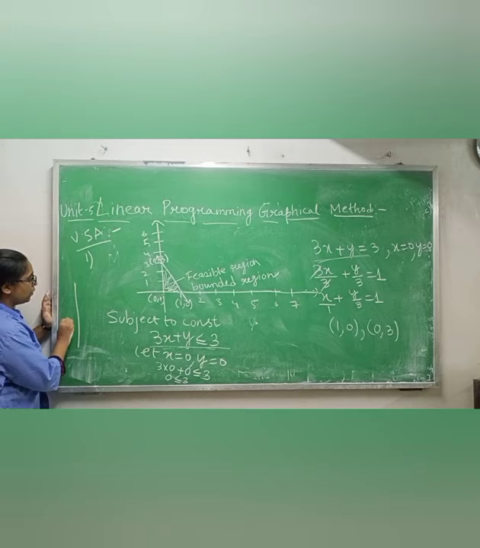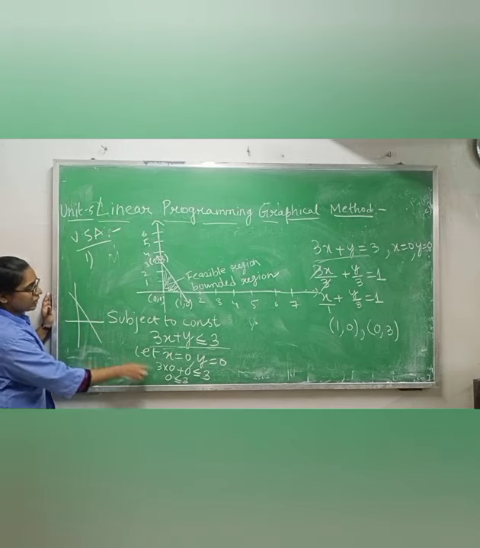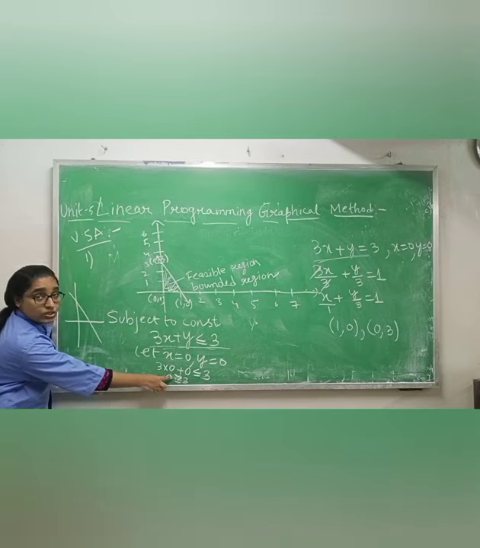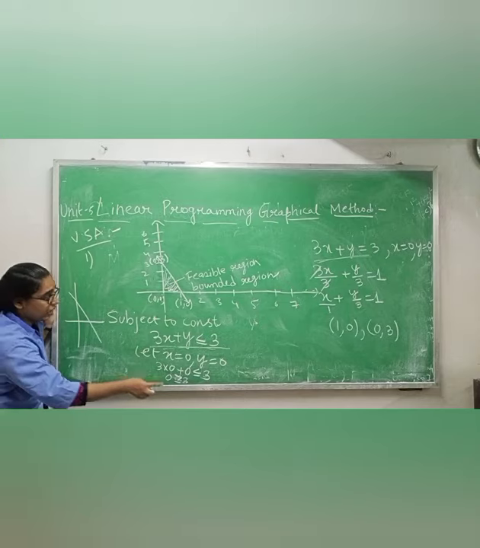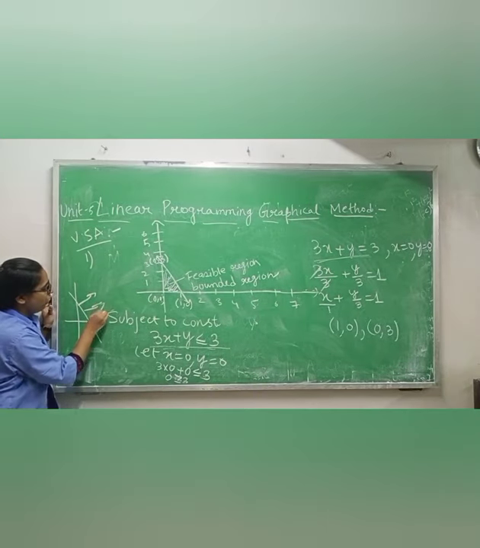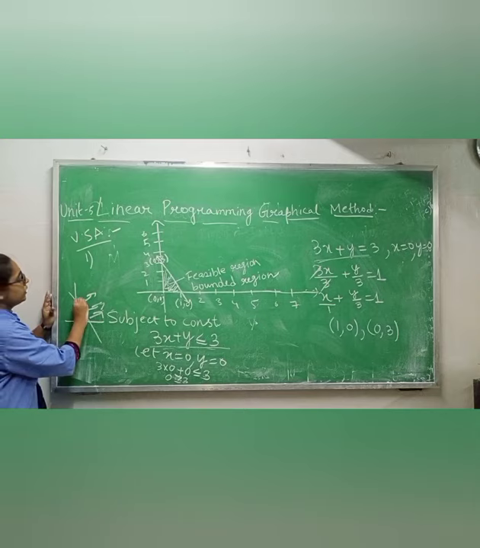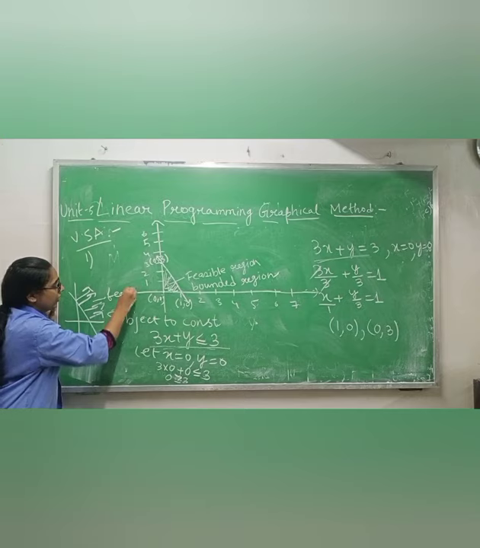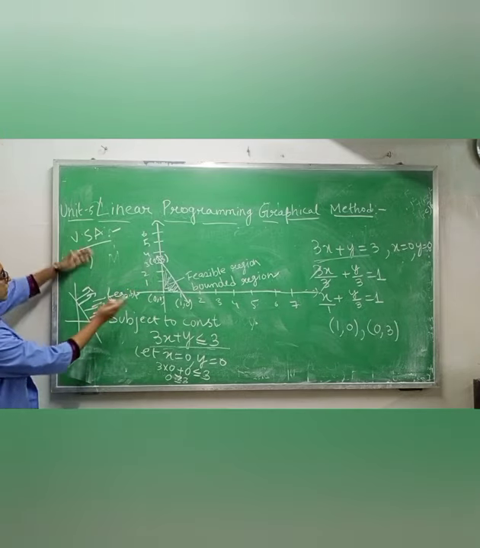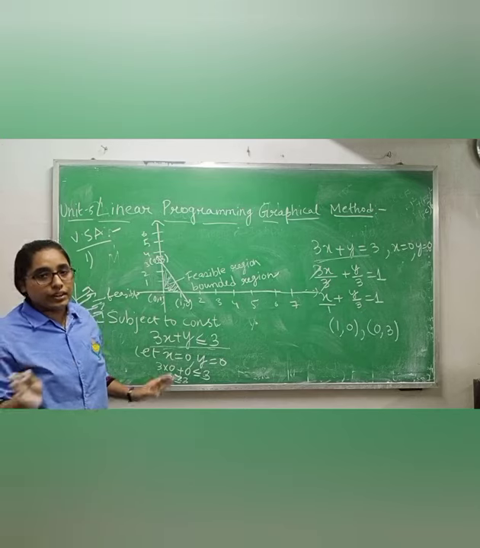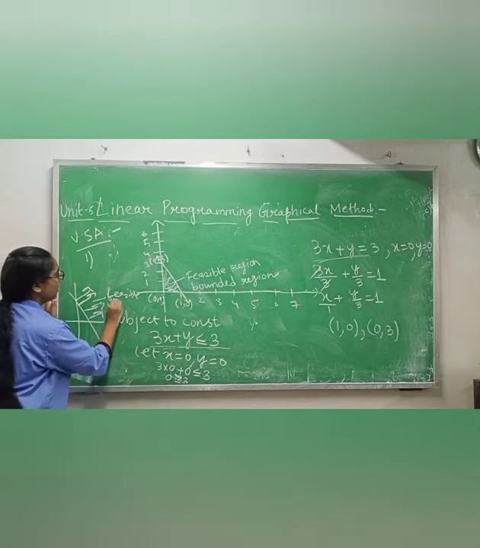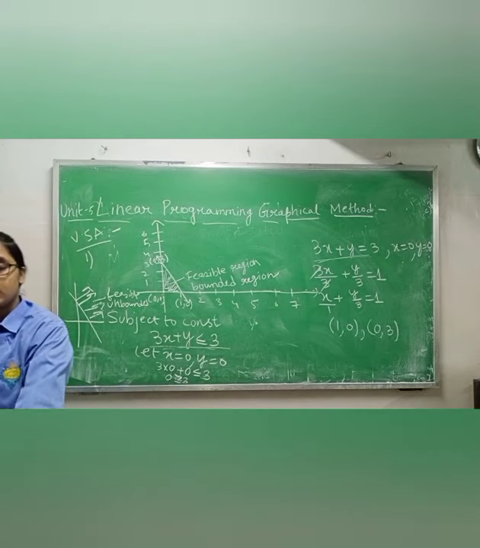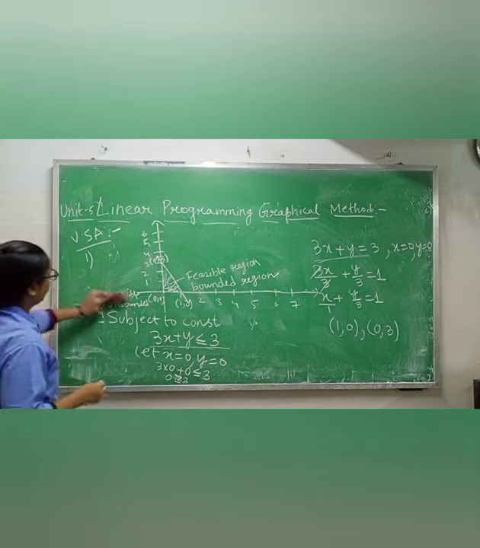If it will come like this, suppose that I am making one node, and if it is coming false, suppose that it will come like this. So we know that this is false because 0 is never greater than 3. So this will go away from the origin. If it is going away from the origin, it means this is a feasible region. This one is a feasible region. But this is unbounded. Why? Because there is no boundary. It can go anywhere. Okay. So this is feasible region but unbounded. Understood? I think you are understanding this one because this one is easy. You can get it easily. Okay.